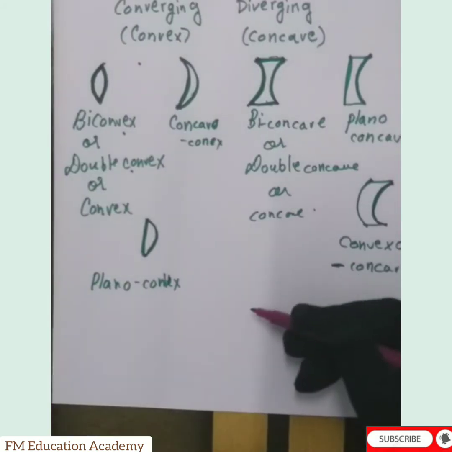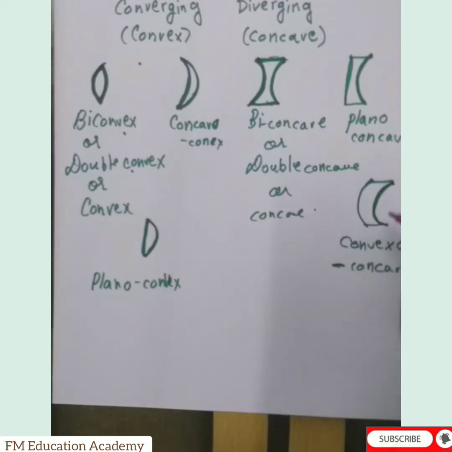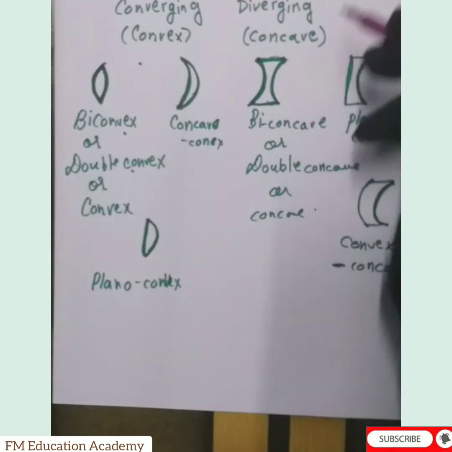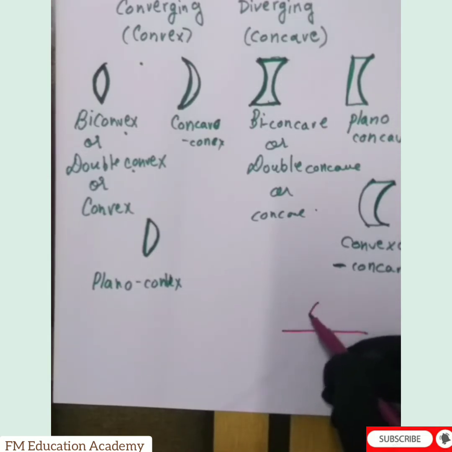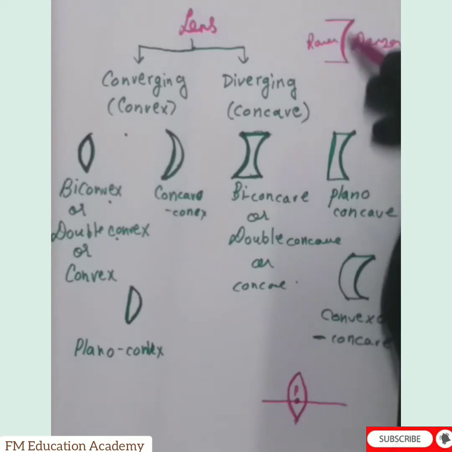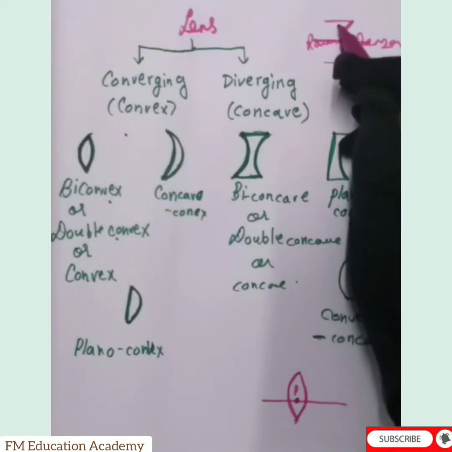Now let us see the terminology related to lenses which have both the surfaces as curved. Suppose this is my principal axis, this is my convex lens. Suppose here also this midpoint of the lens is called the optic center indicated by P. So this midpoint of the lens can also be called the pole, or it can also be called the optic center. In your syllabus, when both the surfaces are curved, we consider it as the optic center indicated by P only. When one surface was curved, it was indicated by P, pole.